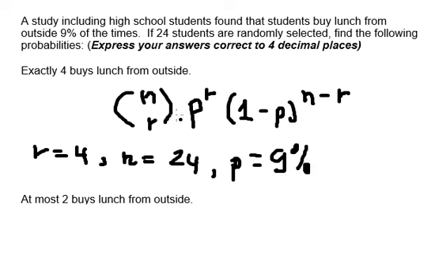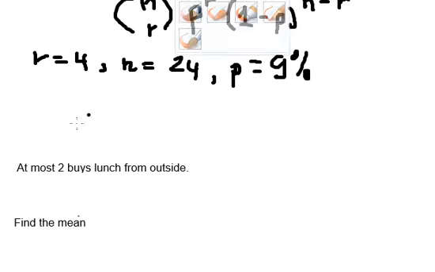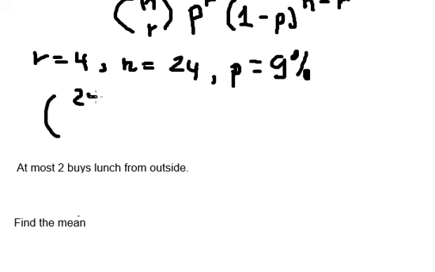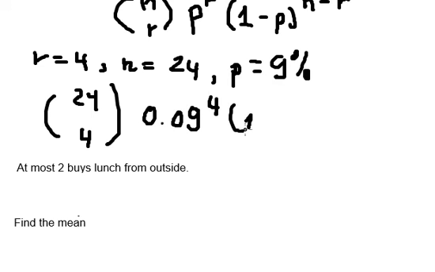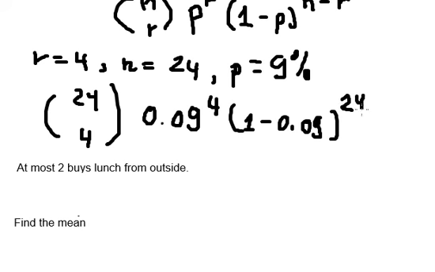And now we put the numbers in here. So that should be 24 choose 4, multiplied by 9%, or I can write 0.09 to the power of 4, and 1 minus 0.09. This one is the percentage not learning from outside. So we have 24 minus 4. About this one, that is the combination,